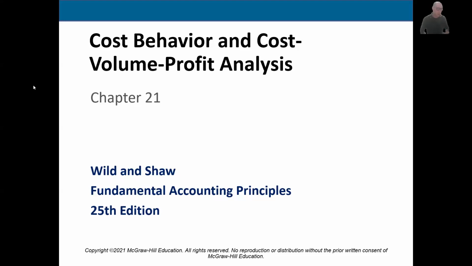Now let's jump into the lecture. You'll notice that the title of this lecture is called Cost Behavior and Cost Volume Profit Analysis. You might be wondering to yourself, well, what kind of behaviors do we have with cost? Well, one thing I had mentioned before is that accounting and finance is 80% behavioral, and really only about 20% book knowledge. What I mean by that is